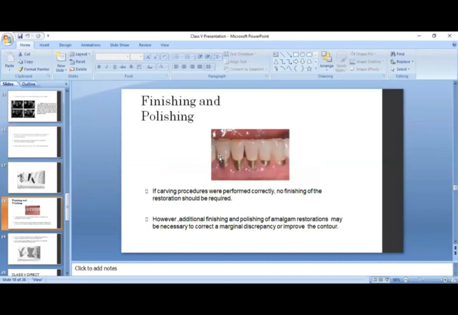See how nicely they carve the restoration. This is, for example, the mesial side, this is the distal side. They start the carving from that area to that area. You can easily see from the clinical picture that none of the restorative material should overhang. Overhang means that it is not over the cavity. It is within the domain of the cavity. See how nicely they do the restoration.